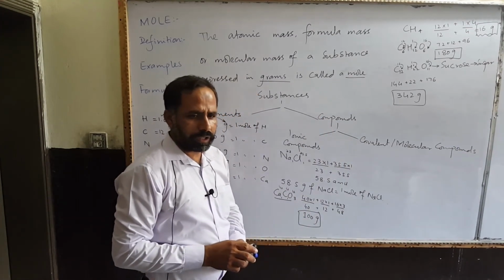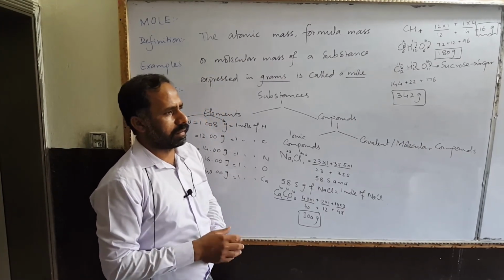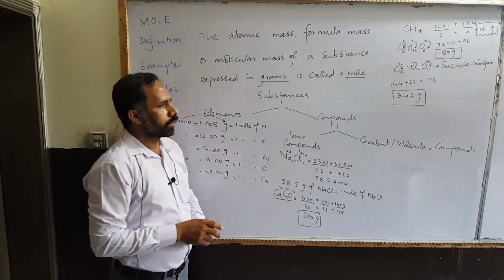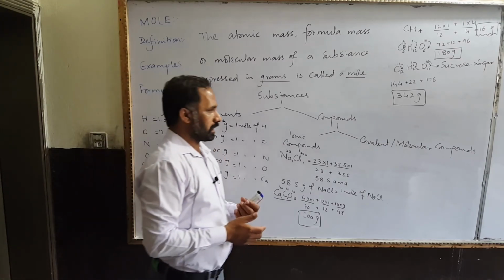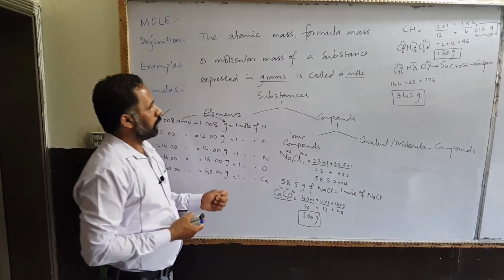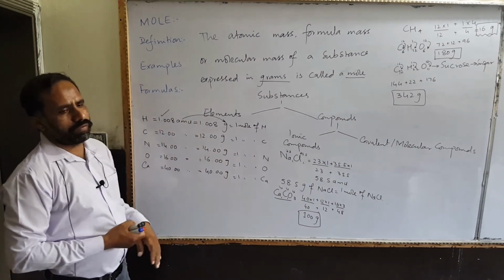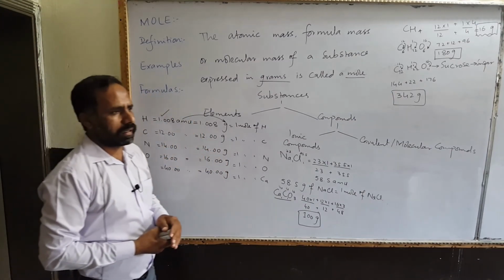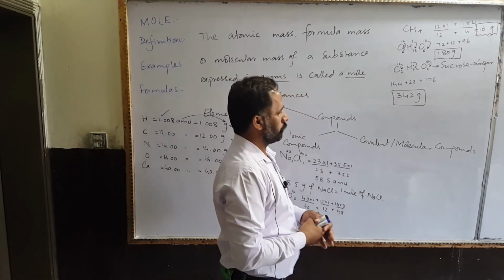You have to calculate many more examples from your course book, from your textbook and from the other books you can check. For your best practice, check many examples and calculate the molar masses. This was the calculation up to the molar mass definition. Now we have to calculate the three formulas. There are three formulas to calculate a mole.